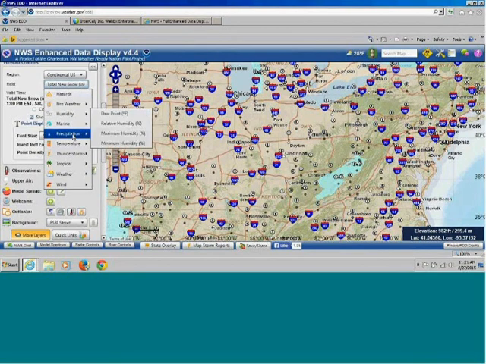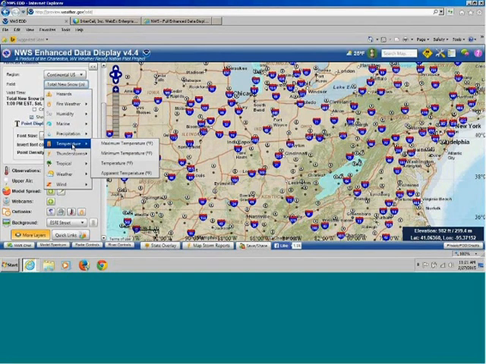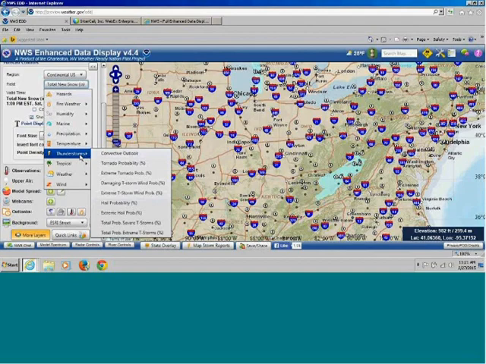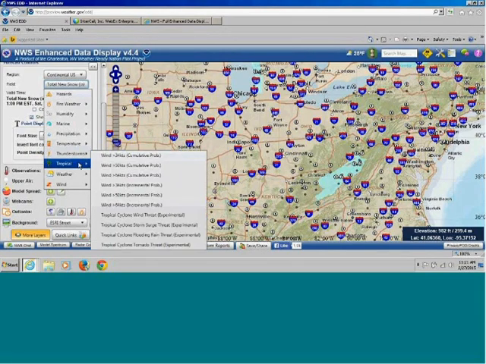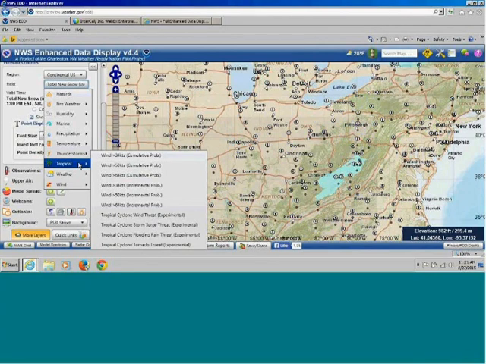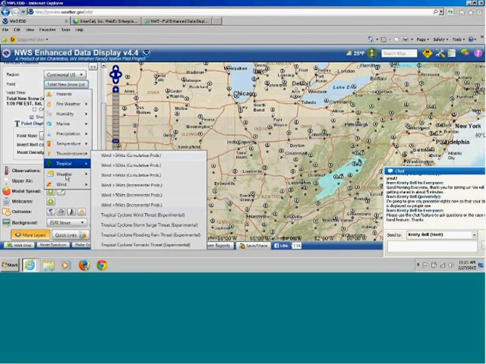In addition to the precipitation elements that you have, you can look at maximum, minimum temperature, hourly temperature. You can look at wind chills and heat indices, the convective outlook, the chance for thunderstorms, the chances for tornadoes. All that information comes from the Storm Prediction Center. Tropical information from the National Hurricane Center that also is found on that tropical layer is also embedded in the forecast layer. If you want to know weather information in terms of when is the rain going to begin, you can use the weather